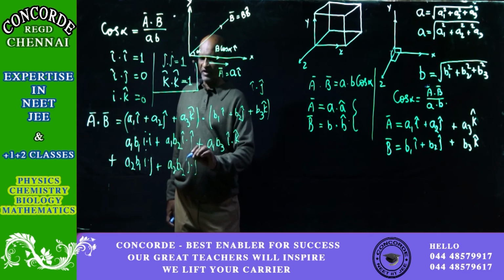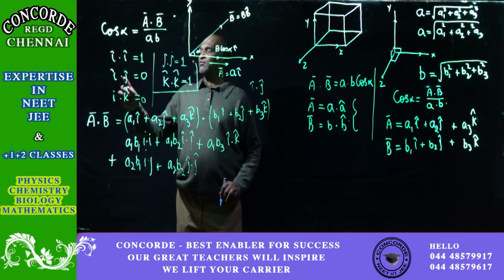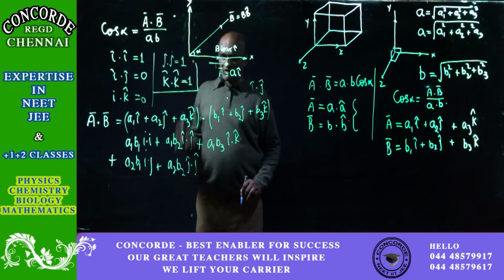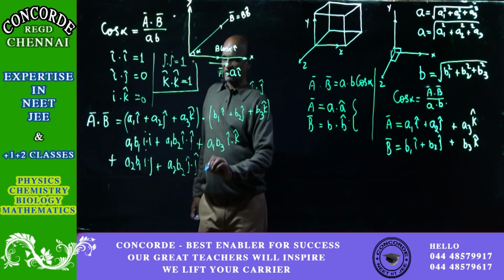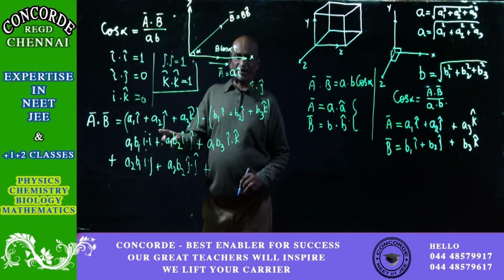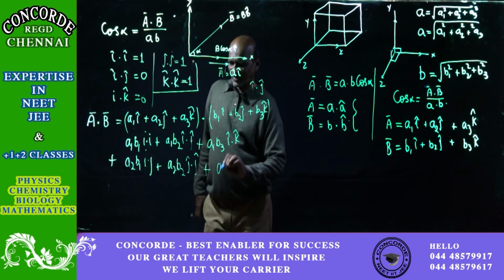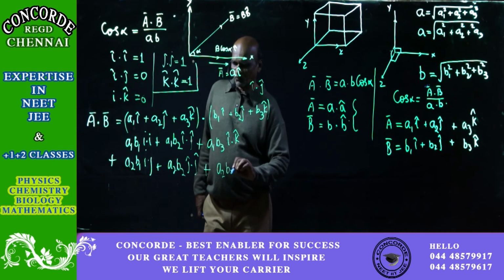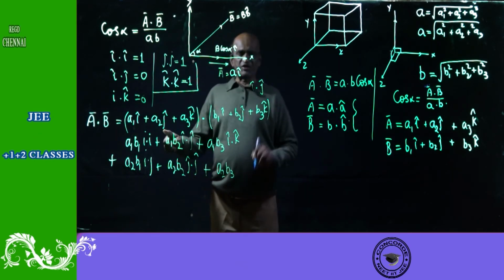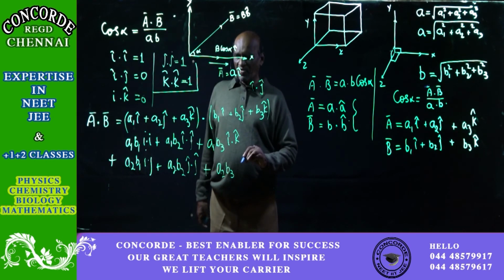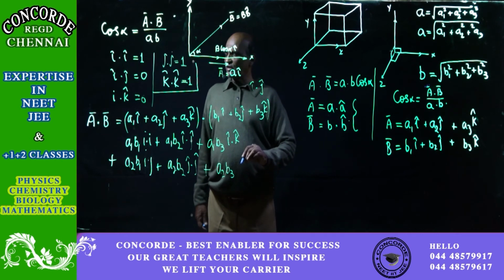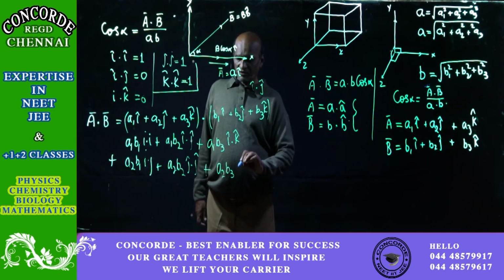Now see what is J dot J? Already there. So J dot J is equal to 1. We will do that simplification later on. So now we have got A to J multiply B3K. So it will be A to B3 and J dot K. So it is J dot K.